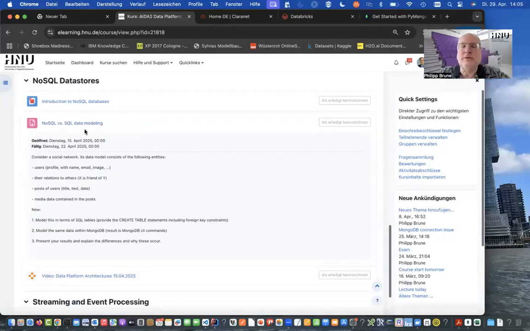were discussing a bit more about the differences between NoSQL and SQL data modeling, by example. So we made up a data model with different properties, both in a relational manner and also in a non-relational manner using MongoDB. And I think the presentations were quite nice. So we got, I think, a good impression of what the differences are, in particular that there are multiple differences, but